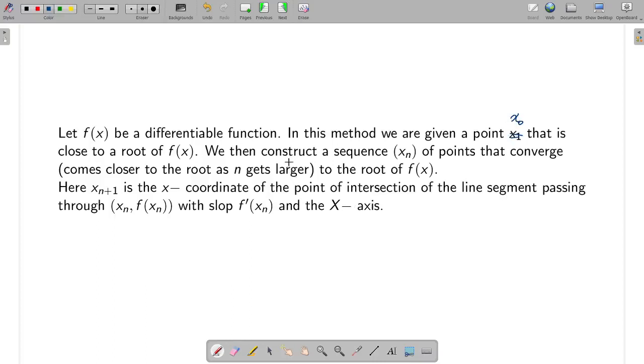Now, what does that mean? You don't have to worry about it, but ideally you would want this to be closer to the root of the function. And we construct a sequence xn of points that comes closer and closer to the root. So let's see how we do that